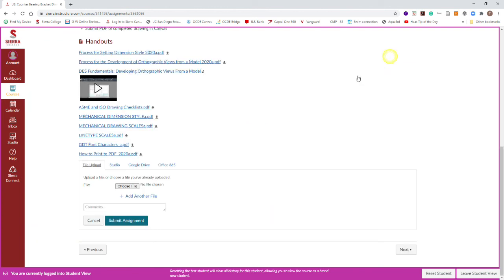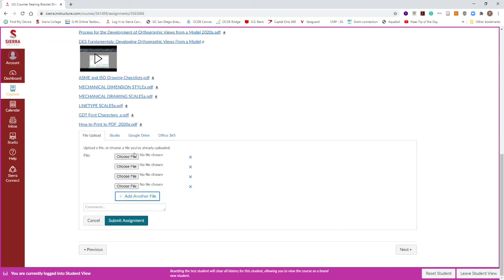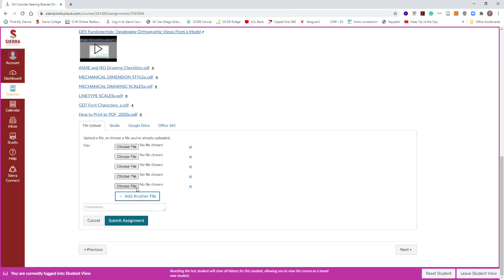If you go to Submit Assignment and you choose your first file, all you have to do is press this Add Another File and do that 1, 2, 3, 4, 5 times, and then you can upload your individual files for this assignment. So you should have 5 DWGs. I would appreciate it if you upload them all at the same time.